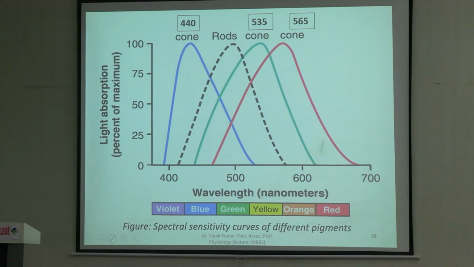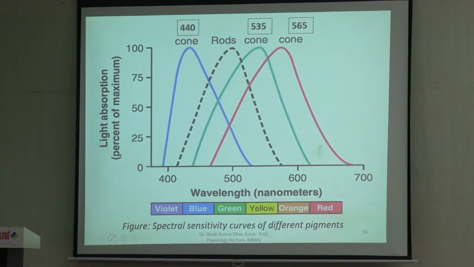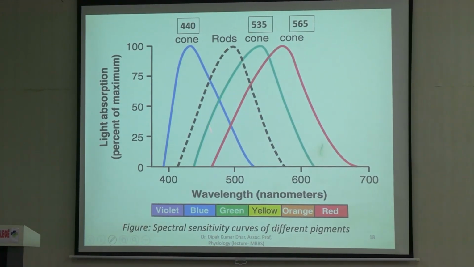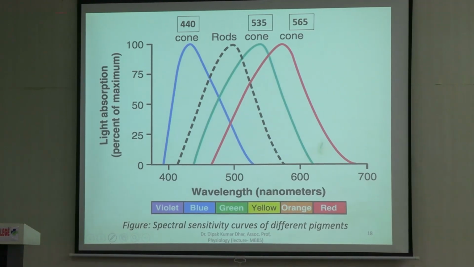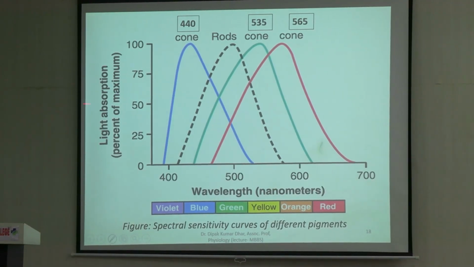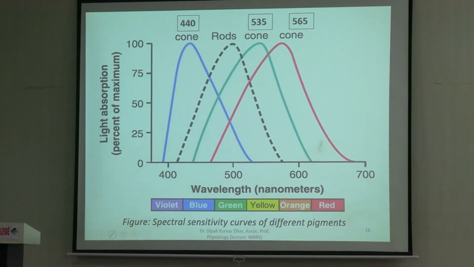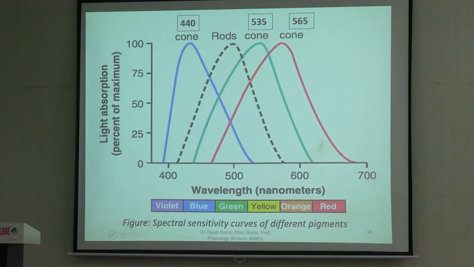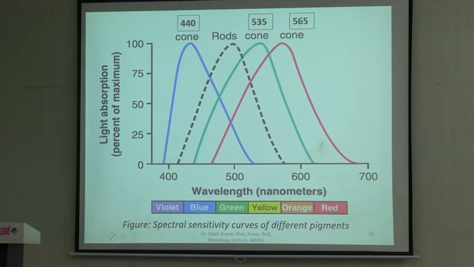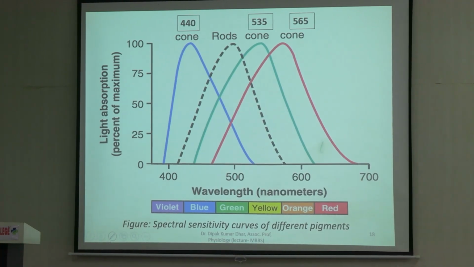Because of this difference in the pigments, now we have three types of cones. The protein part का जो sensitivity है, that is what is different. Blue sensitive cones, their maximum sensitivity is at 440 nanometers. And जो opposite spectrum में है, opposite end of the spectrum, the red sensitive cones are at 565 nanometers. So blue and red, these are the two extremes of the spectrum. Green का जो sensitivity है वो थोड़ा सा बीच में, 535 nanometers के around.